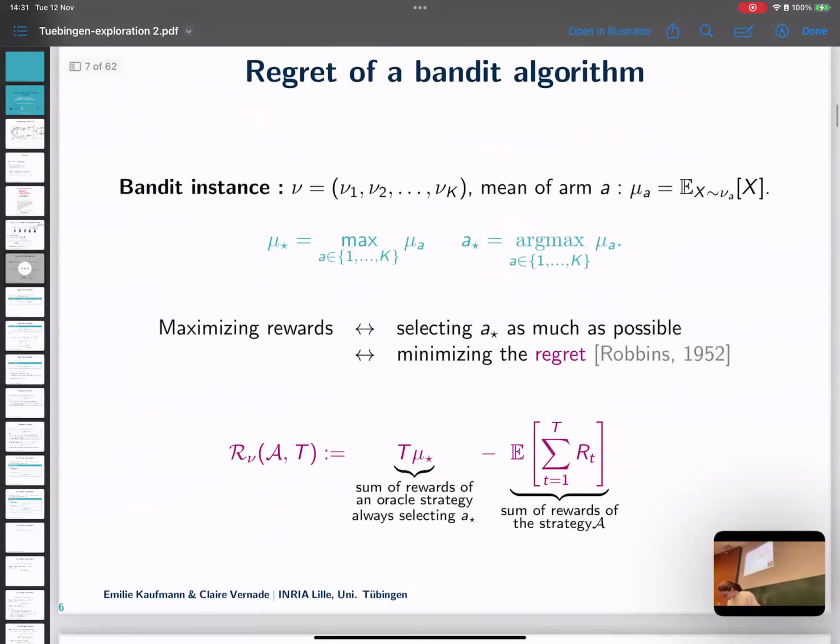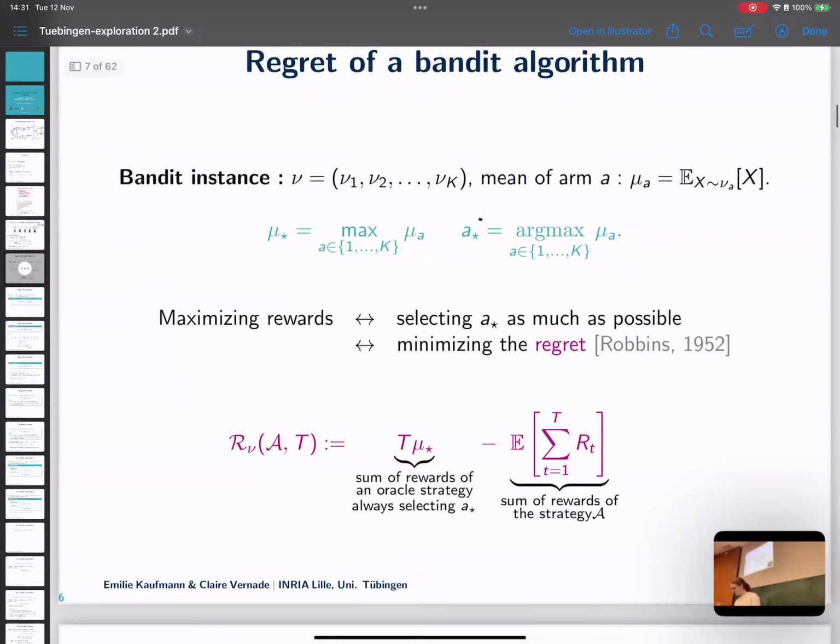So we said we want to maximize the reward, the sum of rewards. But there is only a finite number of arms here, and there is one of them that has a larger probability of winning, or rather a larger expectation than the others. We're going to call it A star, my best arm. Out of my pool of policies, my pool of strategies, my pool of arms, there's one that's best, the one with the largest mean.